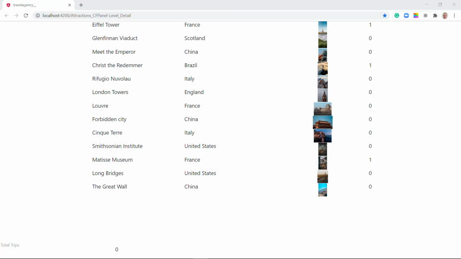If we look at the application running in the browser, we see that the total number of trips of each attraction is displayed correctly, but the overall total number of trips comes out at 0. What did we do wrong? The total trips variable is being increased in the load event as we did in the web panel, and we're sure that this event is being triggered because we see that some attractions have trips. So,